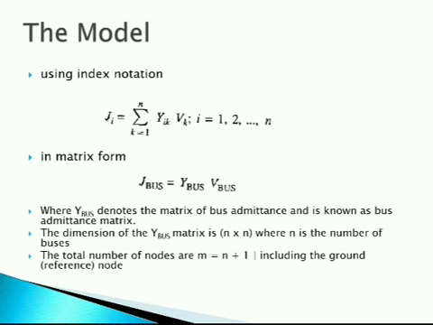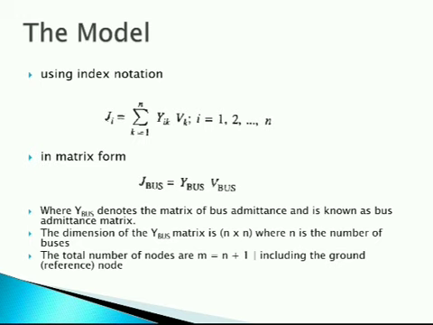So this is written in a compact form like this, and it can also be written in the matrix form like J bus equal to Y bus into V bus. Now this is why we use J, because you could also use I to represent current, but here J is used because the letter I is used for the impedance model and J is used for the admittance model.